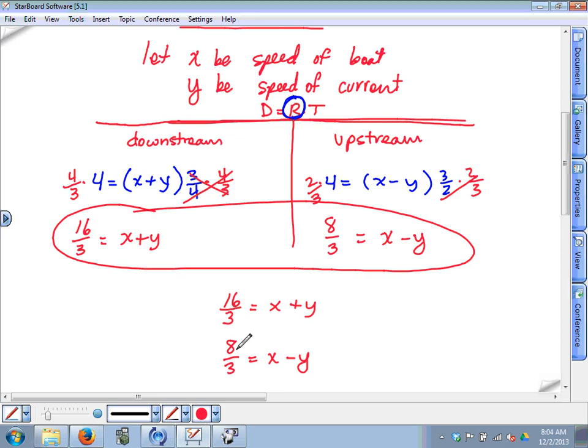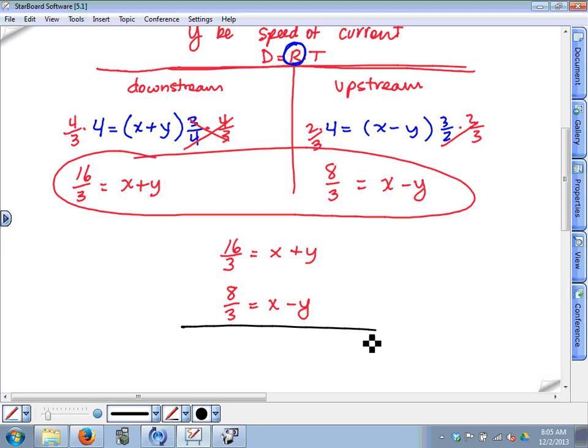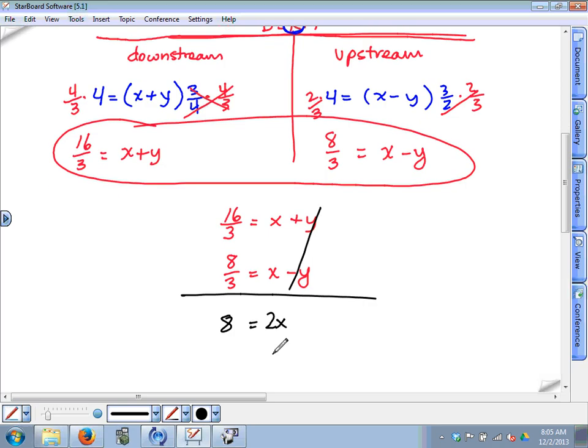Last time we learned about two methods, elimination or substitution. Either one would work here, but considering how this system is already set up, which one would make more sense? Probably the elimination method, because the variables are lined up, and we already have opposite coefficients here. We have positive y and negative y. So if we added these two equations together, the y's would cancel. We end up with 2x is equal to what? 24/3, which is 8. Divide by 2, and x equals